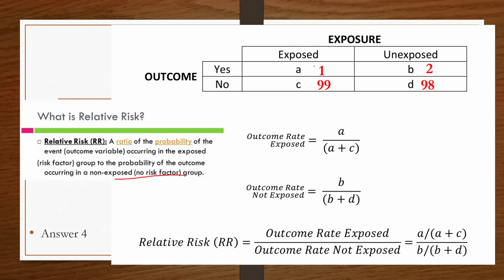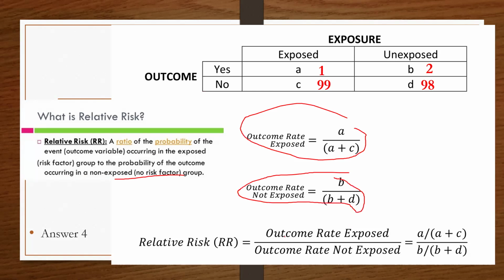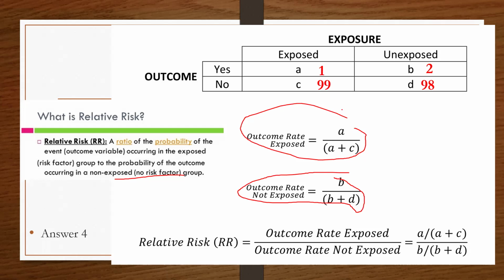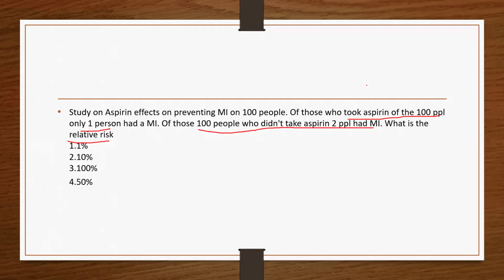So you have this table, which is your bread and butter of statistics, a table with two columns on either side. What you are going to do is first calculate the outcome rate in the exposed group. Then you calculate the outcome rate in the non-exposed group. Then you divide the outcome rate in the exposed group by the outcome rate in the non-exposed group. So in our case, the people who had MI,